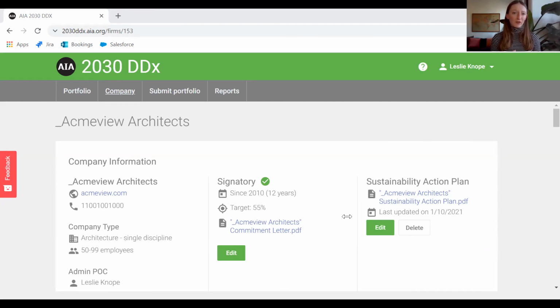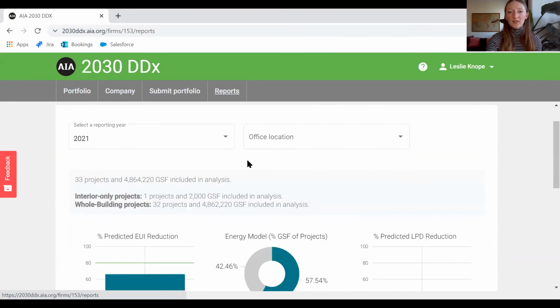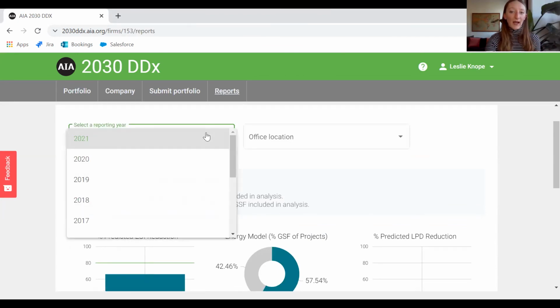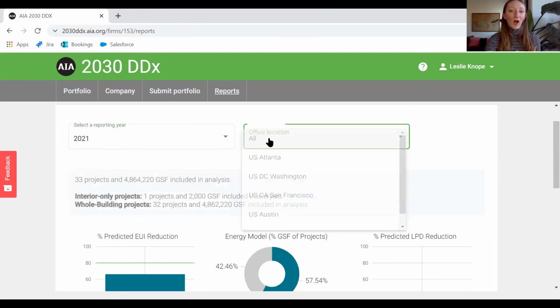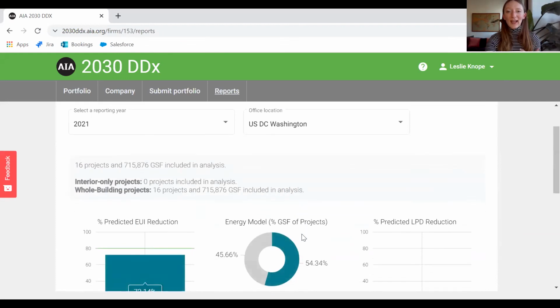And as well as the reports tab phase, to better expand and provide deeper insights for the projects that you've submitted for a given reporting year, which you can filter not only by year, but by office location as well. So for instance, if I want to go in and take a look at the work that our DC office is doing,